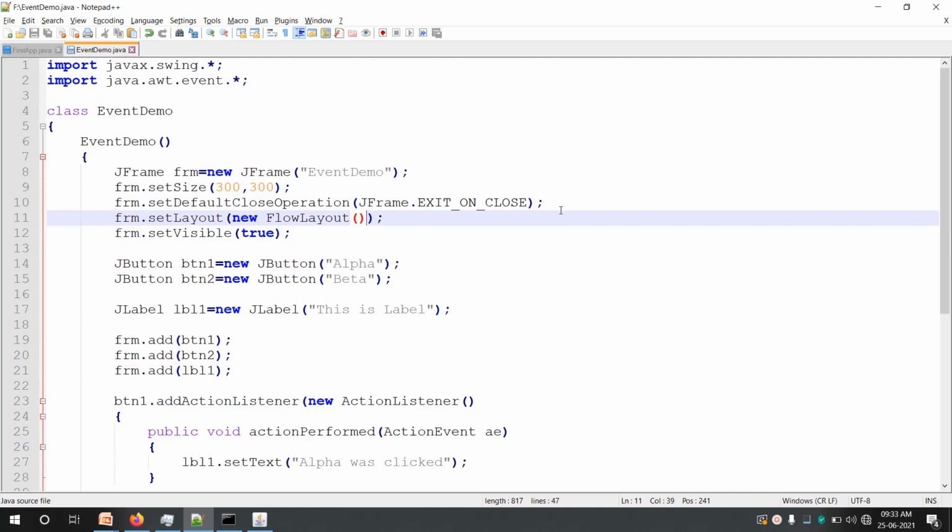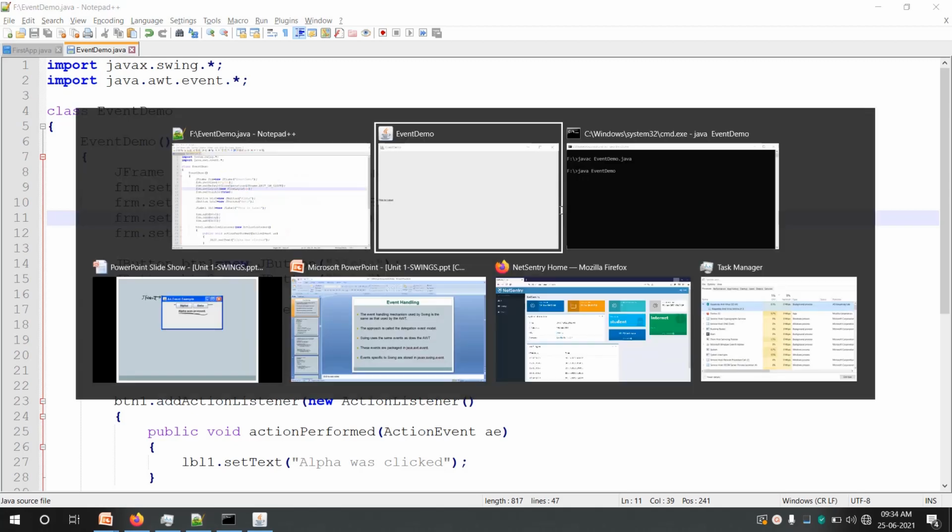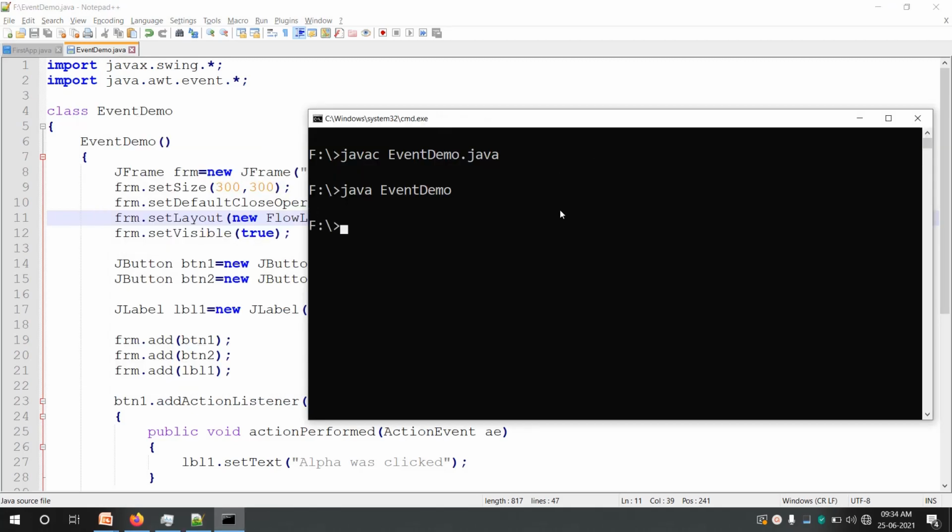In case of applet, we were not setting a layout. Even in case of applet, we can set a layout. But the thing was, in applet, the default layout itself is flow layout. So the components were added one after the other, not one upon the other like in this case. Here it is border layout, so components by default are added one on the other, and only one component is visible. In case of applet, that was not the case, so we were not setting a layout. But here in application, we have to do that. We have set a layout now. Let us go back and compile your program.